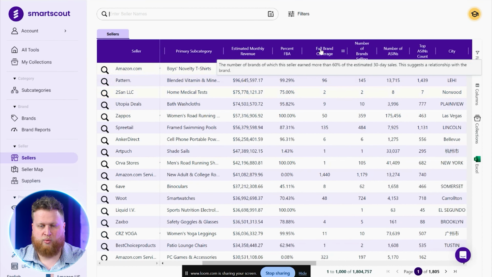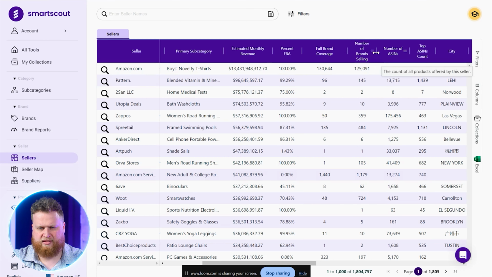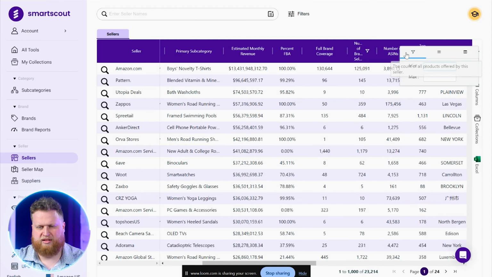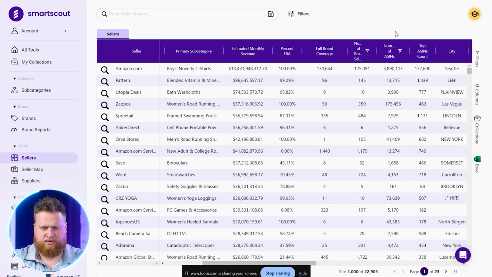So first off, we're going to filter by number of brands selling. Why? Because a wholesale seller is going to be selling multiple brands. So I'm gonna say that the minimum is gonna be 4. Let's actually bump that up to, the minimum is gonna be 8. So these are all going to be sellers. They're selling at least 8 brands on Amazon. Here's 22,000 of them. And Amazon, of course, has a lot of brands. These big companies have lots of brands. And once again, I don't wanna look at those,